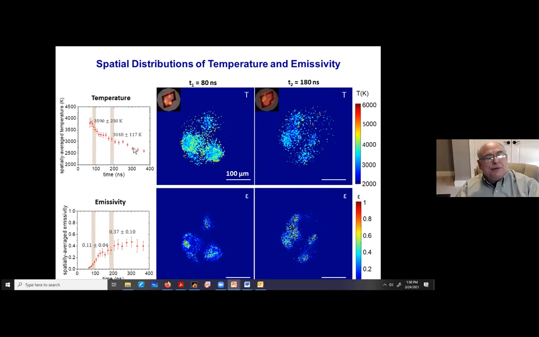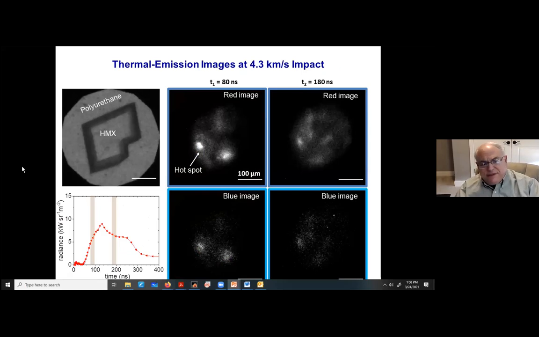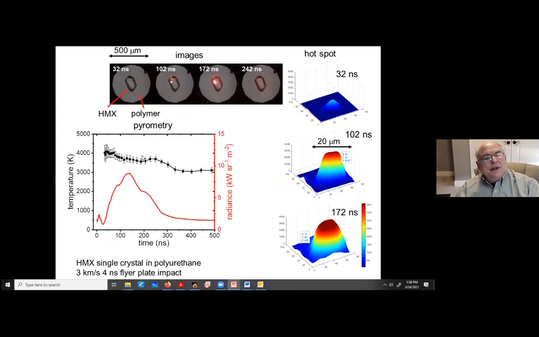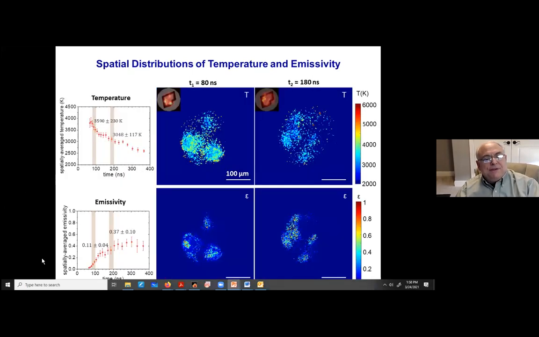at a known temperature. When the temperature is constant, which it was, oh, don't have that. In this experiment, the temperature was pretty constant. Oh, was that here? Oh, here it is. Here, the temperature is pretty constant, okay? So then you can just look at the intensity. But when the temperature is changing, you have to look at the emissivity, which tells you the extent of reaction.